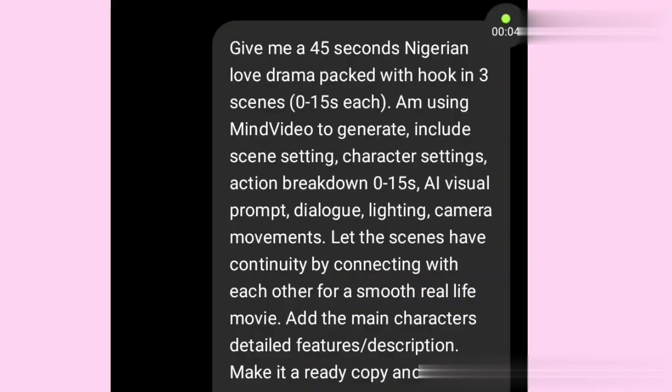So our step one is to generate our script using ChatGPT. So over here in our ChatGPT, this is the prompt that I use. And I'll drop the prompt in the description box as well so that you can edit and make use of it. The prompt says, give me a 45-second Nigerian love drama packed with hook in 3 scenes, starting from 0